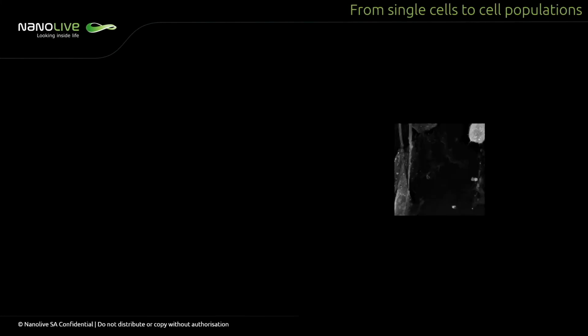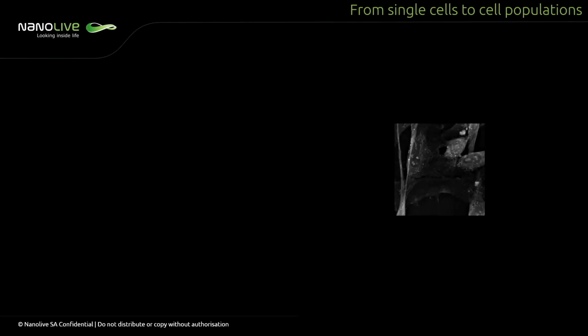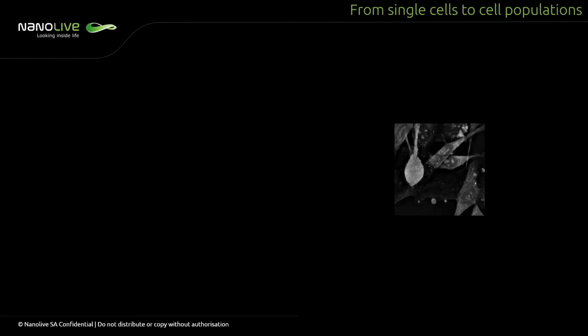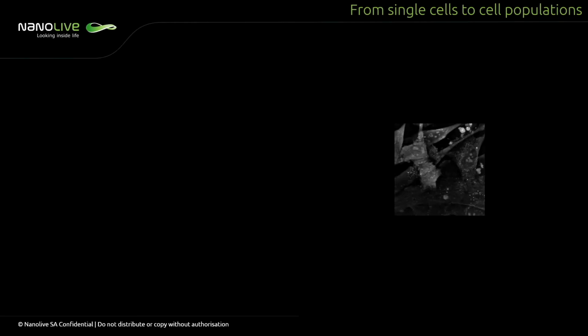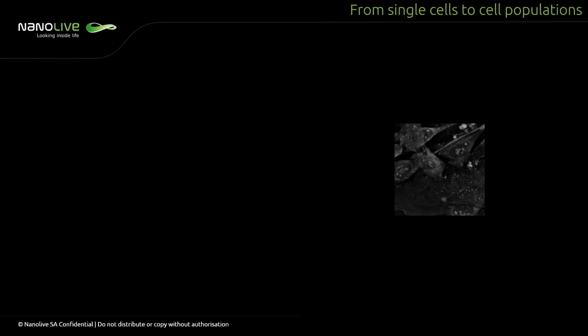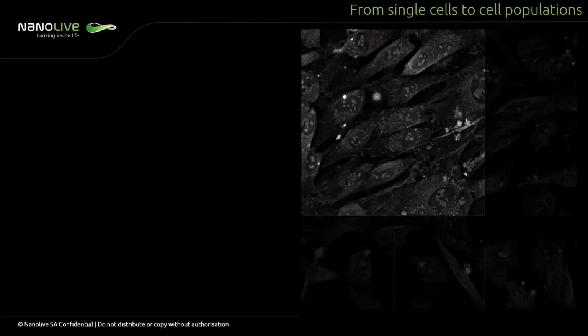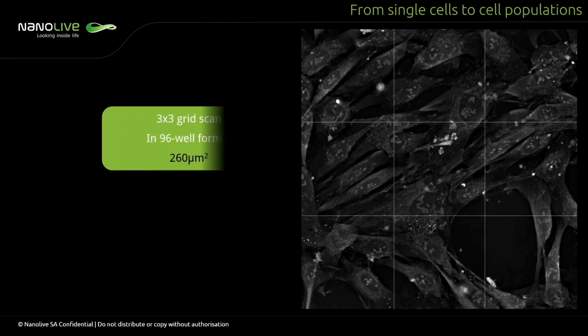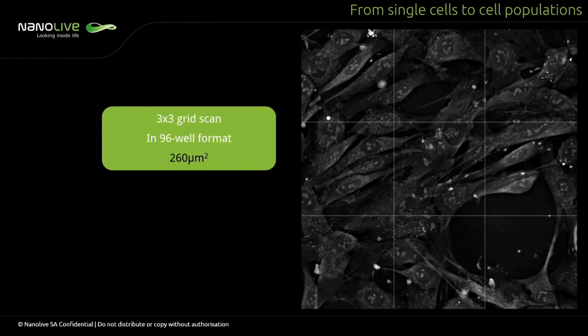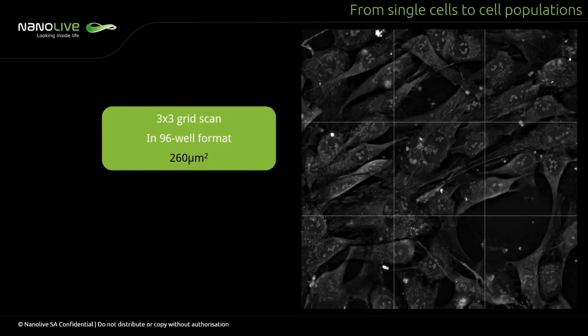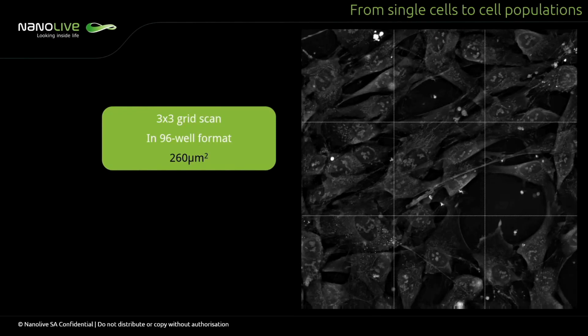This automated stage is not only to multiply conditions, but it is also to enhance the field of view. As the standard field of view is 90 microns by 90 microns, this could be limiting in certain assays, so there's a possibility to do a grid scan where you can then stitch the images together, and here's an example of a 3x3 grid scan. You can see that the cells are very fluid between the different sections of the grid, and there's no strange